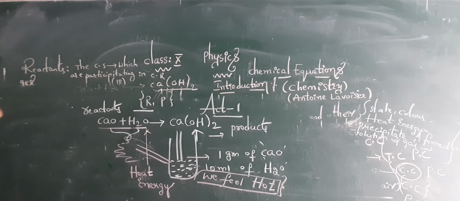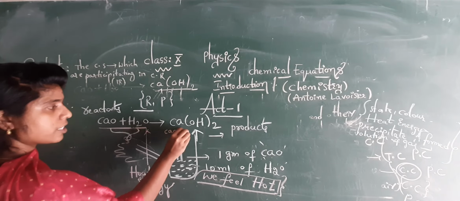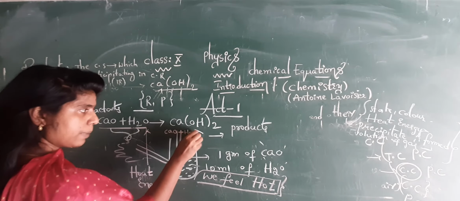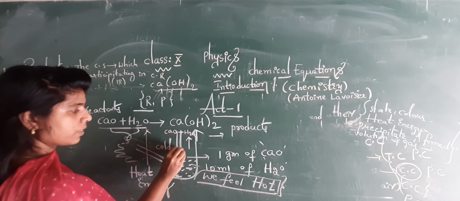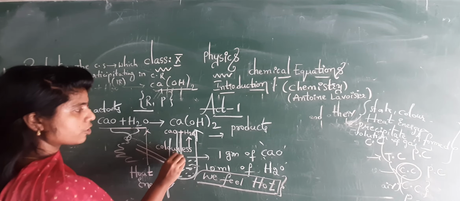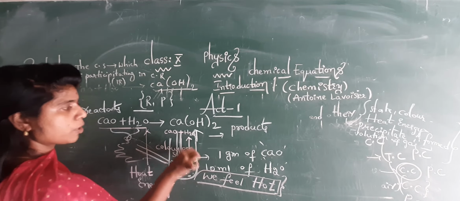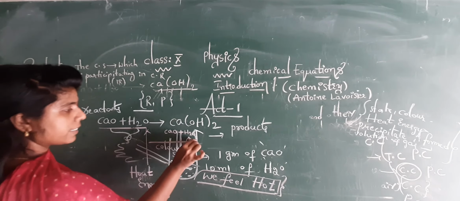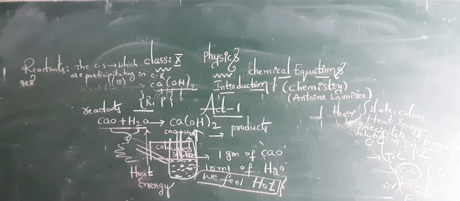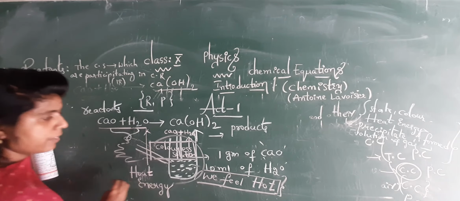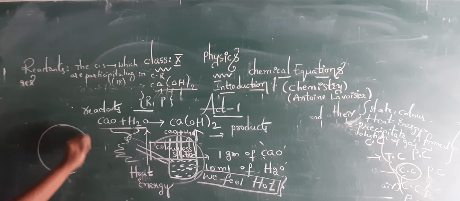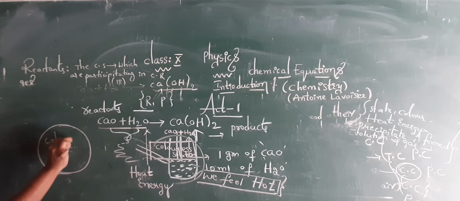Calcium oxide dissolves in water completely and gives a colorless solution. Test the nature of the solution with litmus paper. Now, what is the obtained solution? You have to test the entire colorless solution with litmus paper.